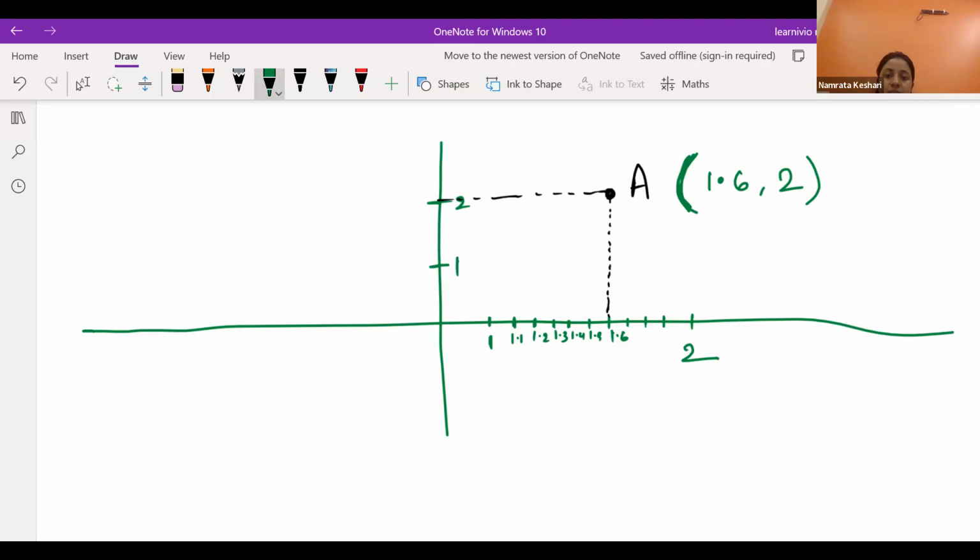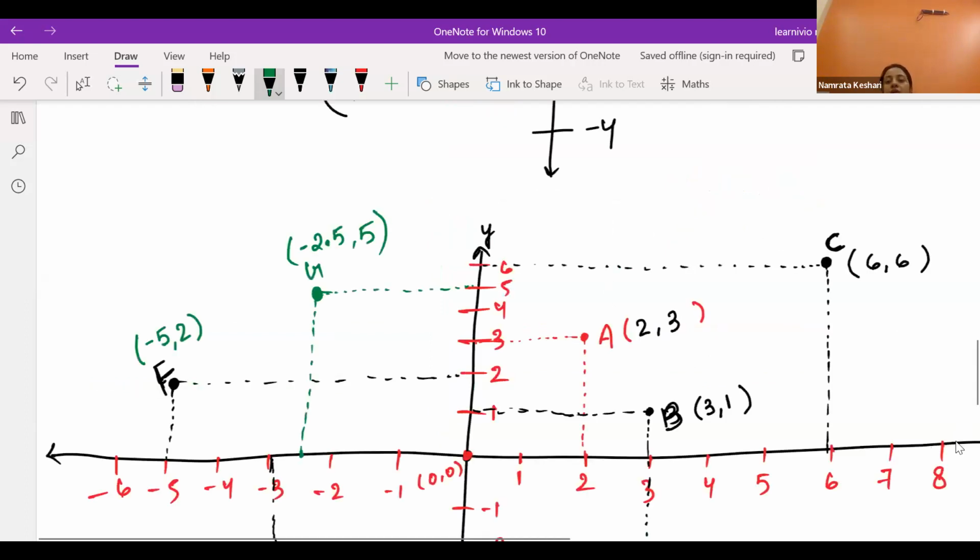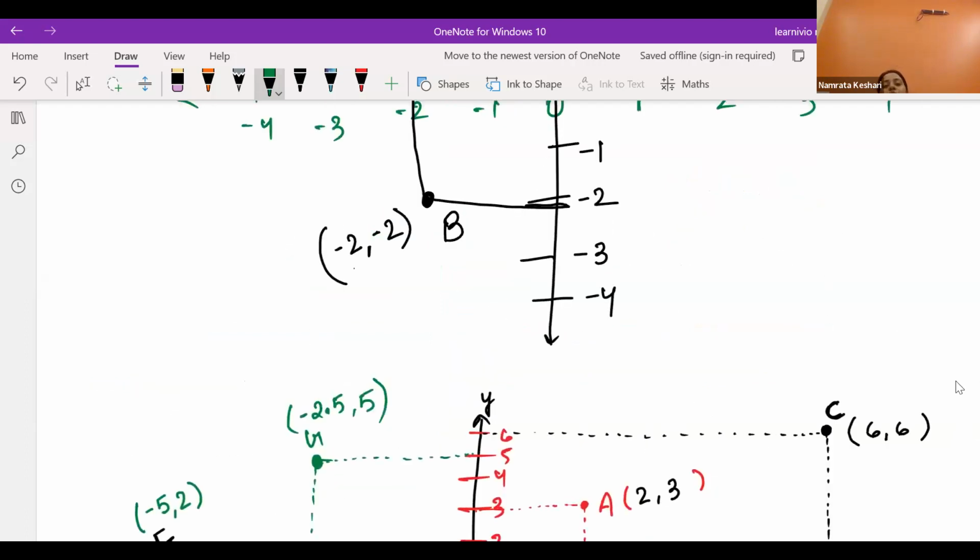Yes, ma'am. Okay. This type of question can be there, otherwise it will not be there. You can understand coordinates can be negative, positive, decimal, anything. But you will always be getting such questions where integers are there, maybe positive integers or maybe negative integers. So far you have understood,